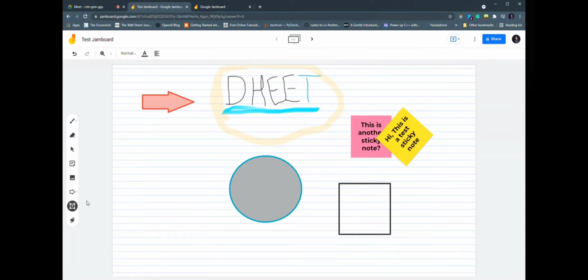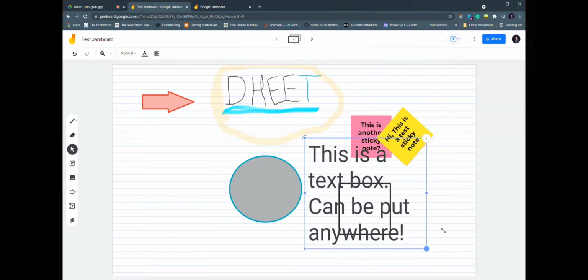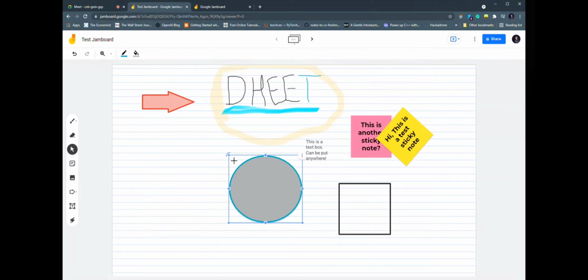Now another option is the text box. A text box can be used to put text anywhere without having any boundary. If you see, it will be just transparent. To insert a text box, you type whatever you want to put in it, and you just leave it. It doesn't have a boundary. It can be moved around anywhere, rotated, and resized, as we have already seen with the other components. So this is a text box, which could be put anywhere, and these were some of the components we have seen so far.